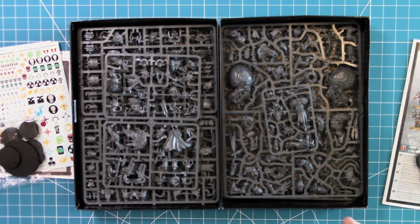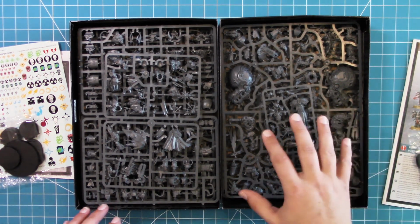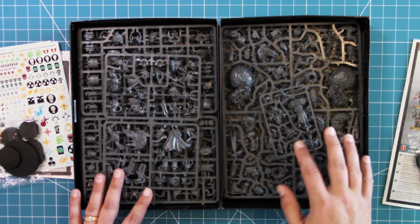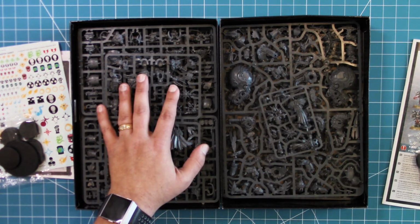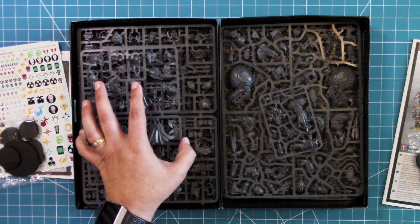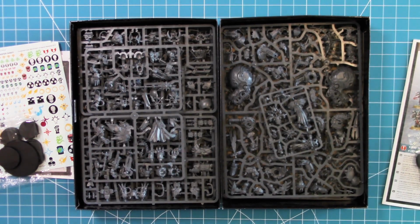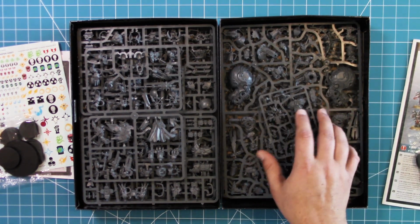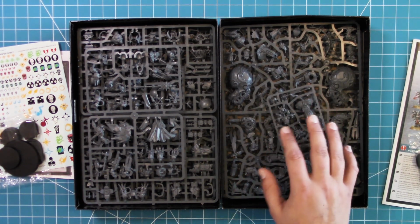Again, it goes down to, do you want the better detail? At that point you kind of have to look at the actual units in here. Do you want the Venom Crawler? Do you want these extra units? Do you want the ability to customize all your stuff? If you want to customize your stuff, if you want a Hellbrute or 2, this is definitely the way to go. If you want the slightly better detail, if you want the Venom Crawler, if you want the Master of Possession, you get